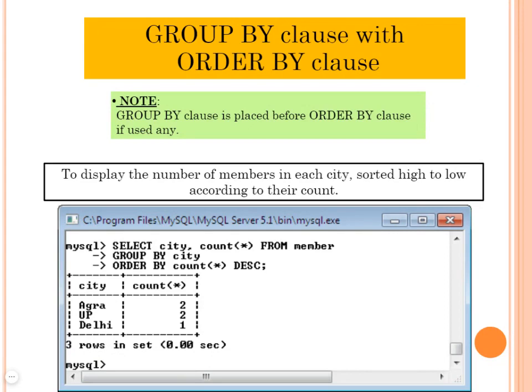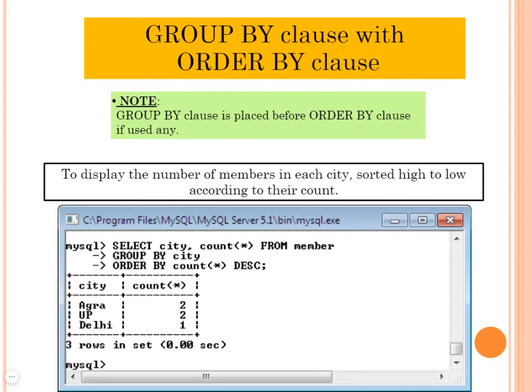SELECT city, COUNT(*) FROM member GROUP BY city, grouped according to the city, but ordered according to the COUNT(*) value, to arrange them in descending order. Clear? The important point is this: ORDER BY is always used after GROUP BY, and the WHERE clause is used before GROUP BY.